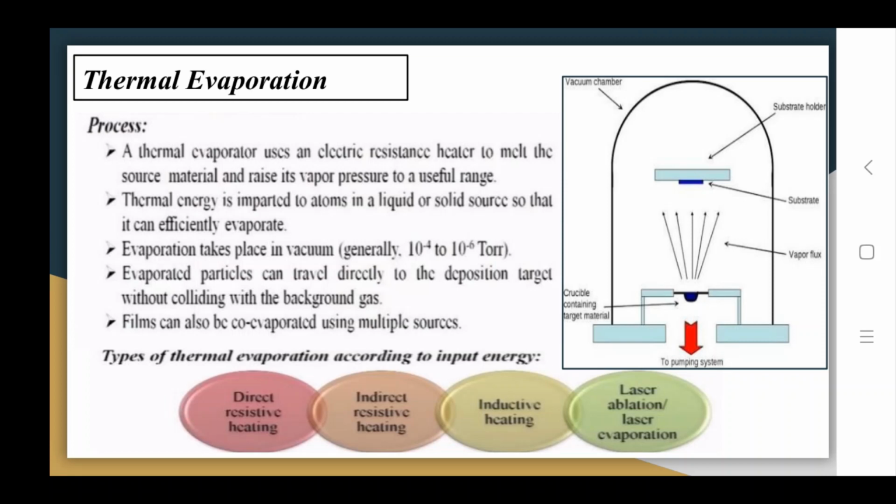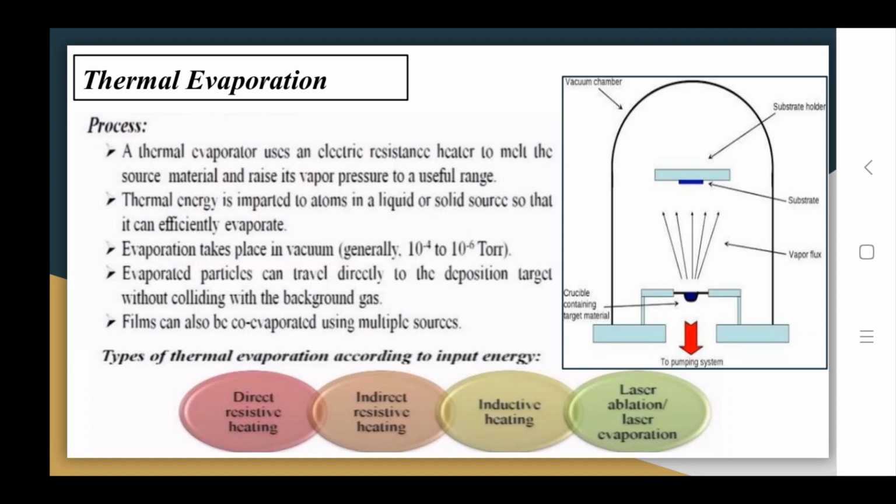Films can also be evaporated using multiple sources. From this particular figure, you can understand that we have a certain source over there. Then we are doing degassing, and we have a coating on the wall, so that the heat cannot go outside, and this is our substrate material, on which we are going to do the coating. Then we are agitating these materials by means of a heater, or maybe an electrical coil, so that this can form the vapor, and that vapor can be deposited directly onto the substrate itself.